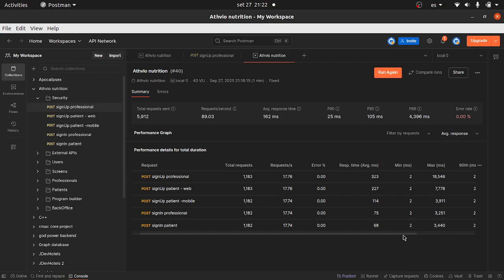I believe that if I realize it in one development environment, because it is basically one local environment, the results that we can have here will be better. But it is still good, though I have some requests taking a max amount of